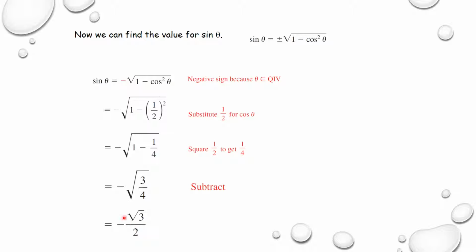So I just break up the radical to the top and the bottom. The square root of 4 is 2. So now I know what sine is. We know cosine's a half. Secant's 2 because it's a reciprocal. And sine is negative radical 3 over 2 because of the